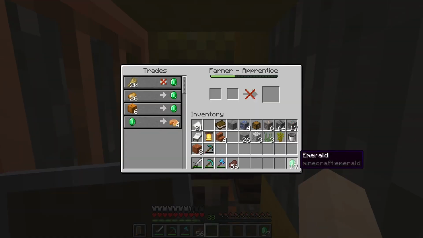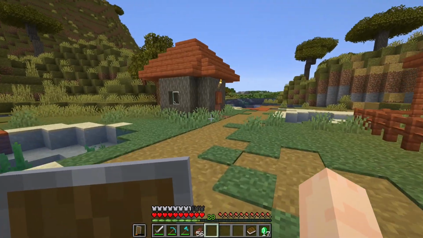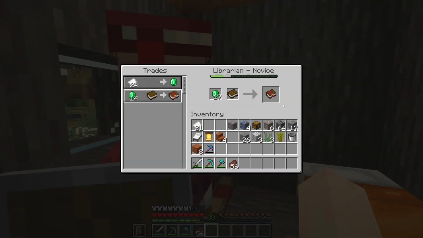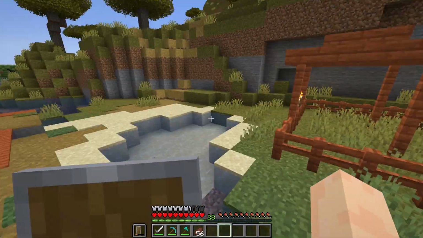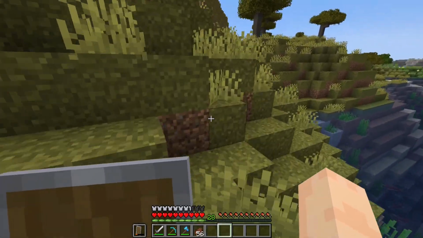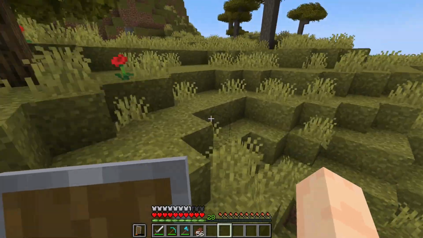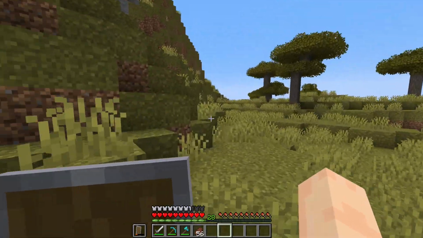Okay, we have a farmer trapped in here. We went around, took out all the hay bales, and we have enough wheat here to go ahead and get our first mending book. This is very exciting. Finally mending. I'm not going to do too much with villagers aside from mending. Not yet, at least. Eventually I'll have a big villager something or other, but I like to kind of play without them. They make the game just a little too easy for certain things, like especially things like terracotta and stuff like that,